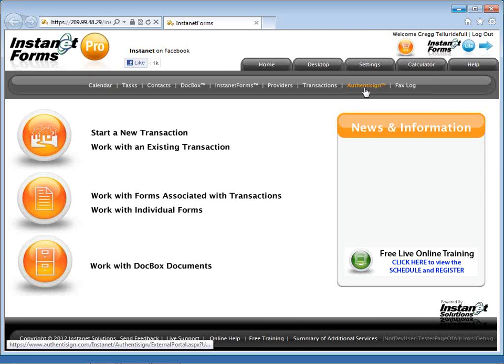The digital signature just makes it so much easier, convenient, expedient, all those things, working with Authentisign digital signatures. Nice thing about Authentisign in combination with InstanetForms are Authentisign signing templates, where for the Telluride and Colorado forms, as